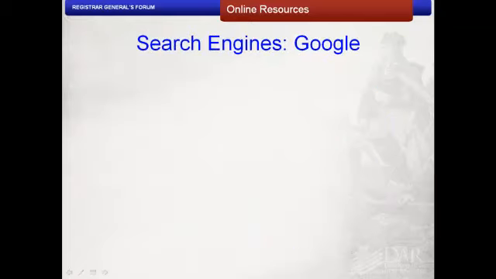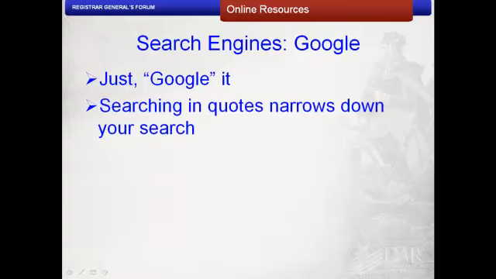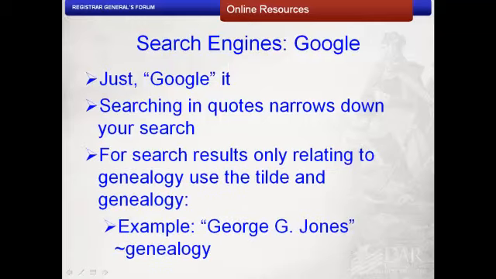Now on to search engines. The most popular would be Google. Google has made searching in categories an art form when you can narrow it down by books, images, and even genealogy-related searches. Google Scholar and Patents enable you to search for a higher caliber of records. Searching in quotes can narrow down those searches in all searchable tabs. Using a tilde and then genealogy, you can have only genealogy-relevant hits.